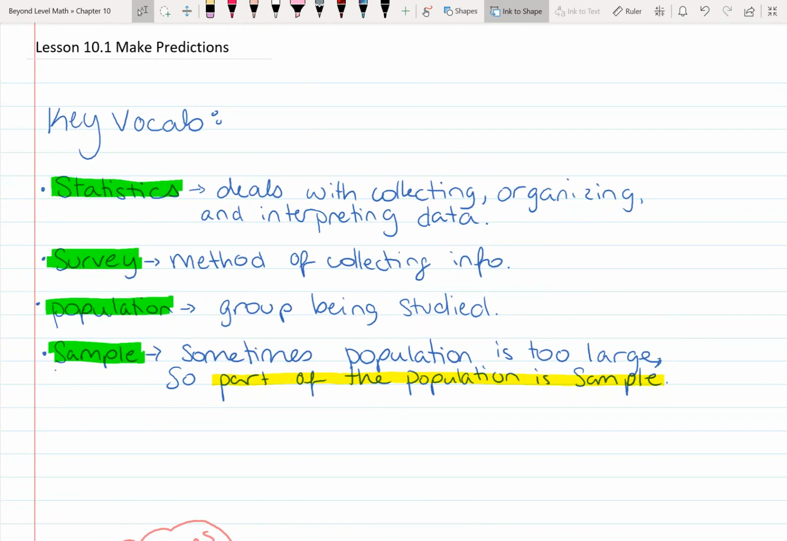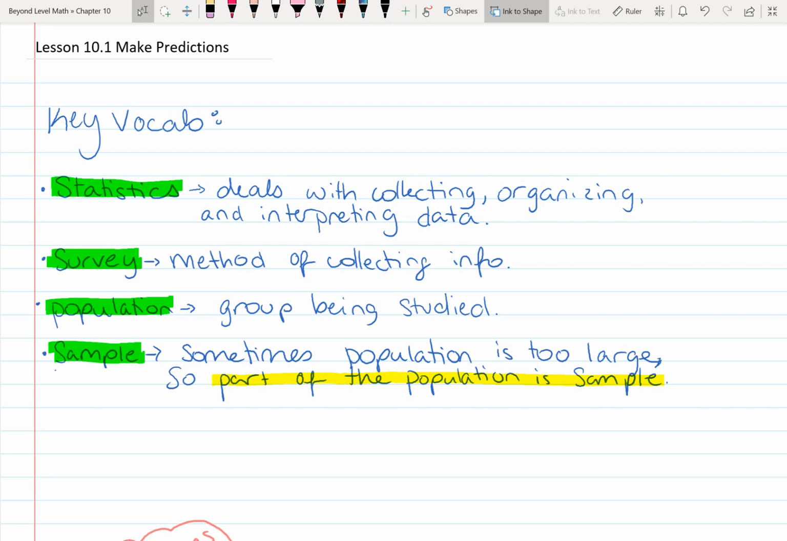So statistics is what we've already been dealing with, but it deals with collecting, organizing, and interpreting data. Survey is a method of collecting info. And next section, 10.2, we'll learn different types of surveys. Population is a group being studied, but sample, sometimes the population is too large, so part of the population is